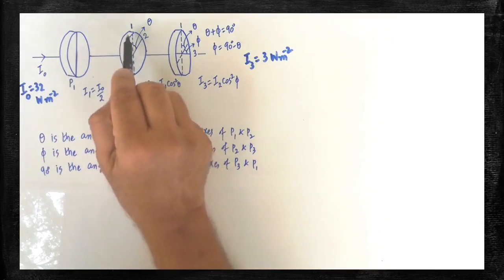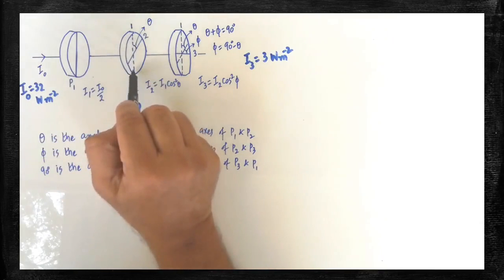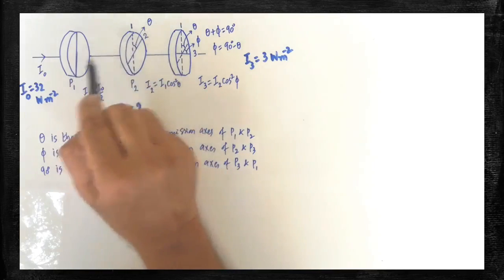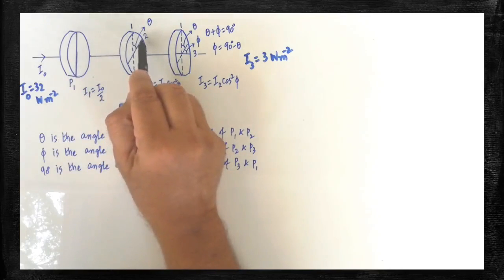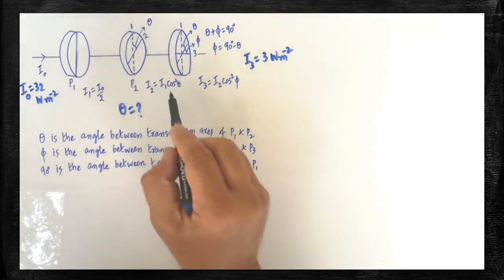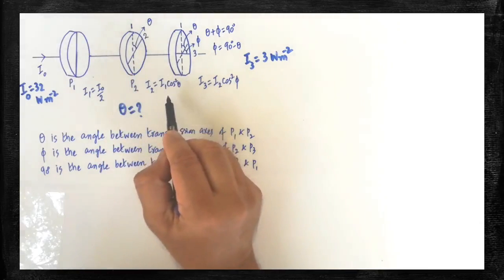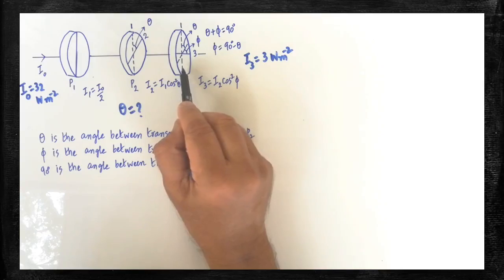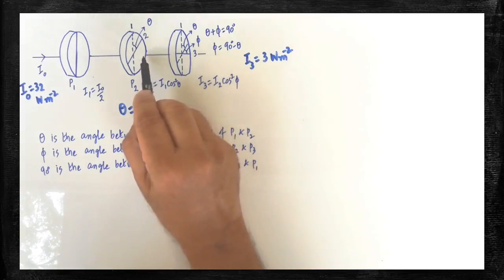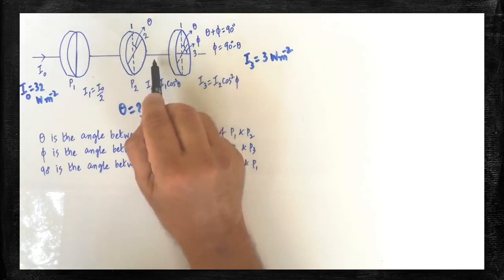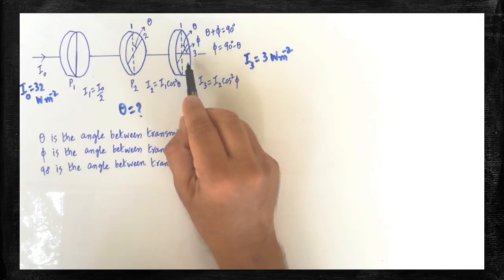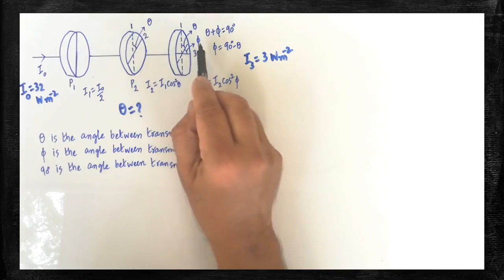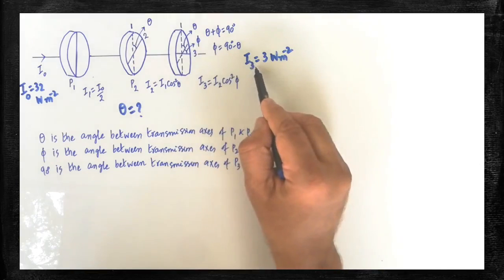A dotted line is shown; that is the reference line. Are you clear? So this is the original axis line of the first Polaroid. With respect to that, the second Polaroid is rotated through an angle of theta. Therefore, cos square theta is written here. Now, the third Polaroid is kept here. The outcoming light from the second Polaroid is made to be incident on the third Polaroid. So, when the third Polaroid is rotated through an angle of pi,